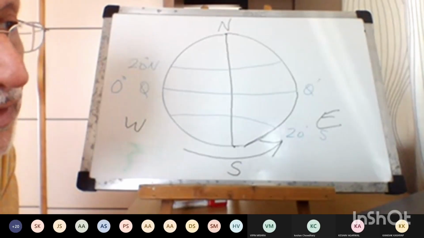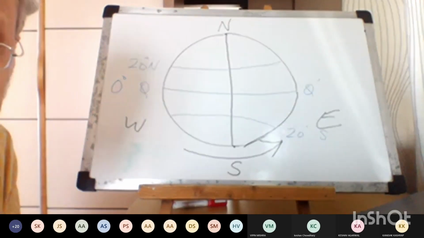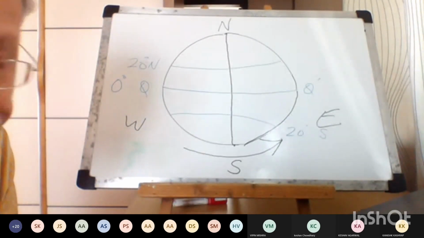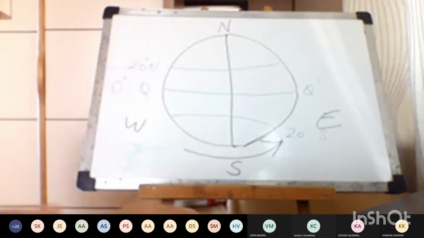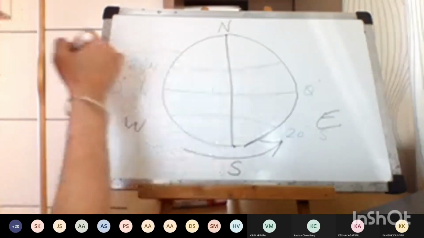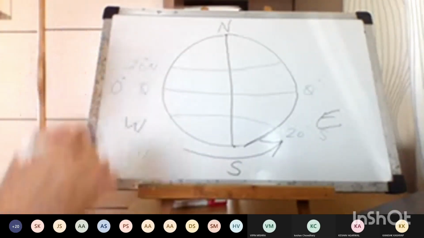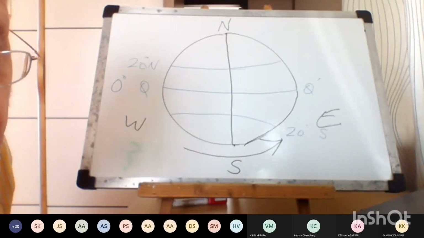Earlier, the concept of longitude was not there. So people used to do parallel sailing. By parallel sailing, I mean they only used to sail either east or west. Sometimes they used to know the latitude of a place after sailing. So they would only sail either east or west because it was easy for them to find the position. How was it easy for them to find the position? Because